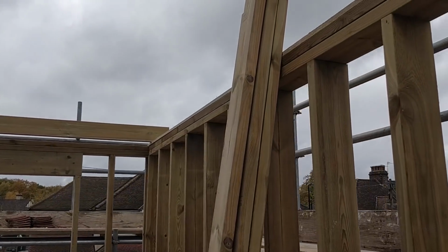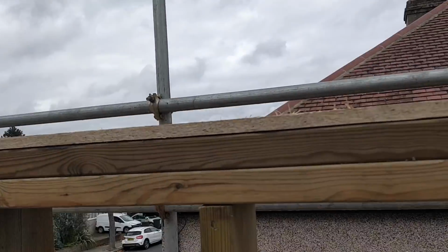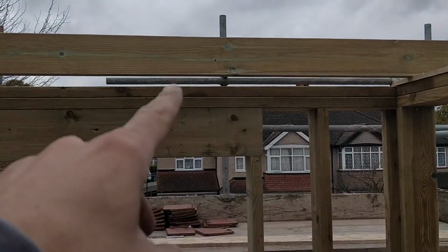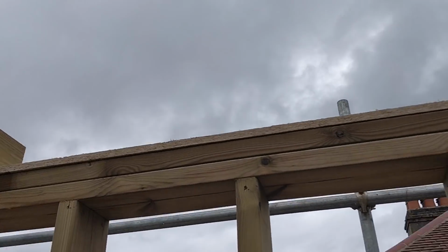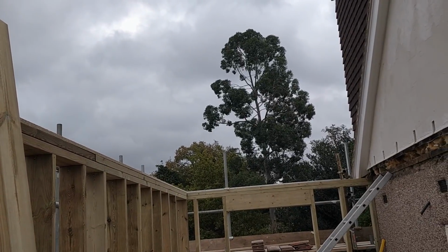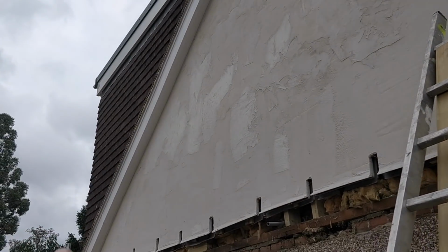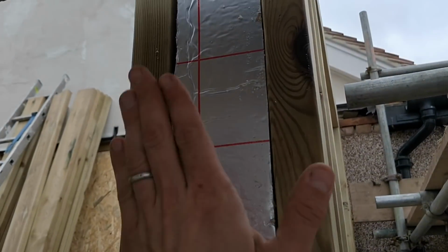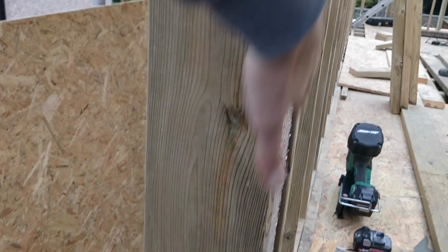We've got these here that are chopped, and what we'll be doing is running them up onto them once Warren's finished cutting out the 18mm packers there. So there's going to be another one that will run under there. So we are almost ready to finish putting the ceiling on, and then we can start looking at getting this fascia off and marking up exactly where the midpoint is for the ridge of the roof. We have insulated this corner now because we're going to start cladding the outside with the OSB. So we're going to put the final stud up in here